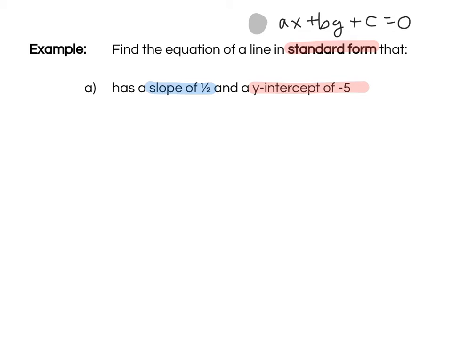So I like to consolidate that. I'm just writing out my givens here. My slope is 1/2, and my y-intercept, which has the symbol b, is equal to -5. So given that I have information about the slope and the y-intercept, I'm going to choose to start with the equation of a line in